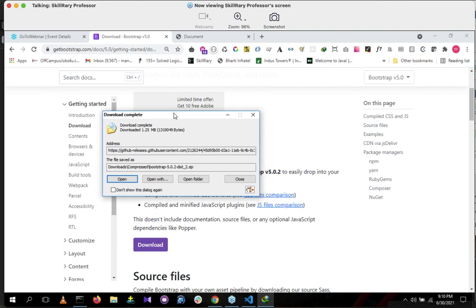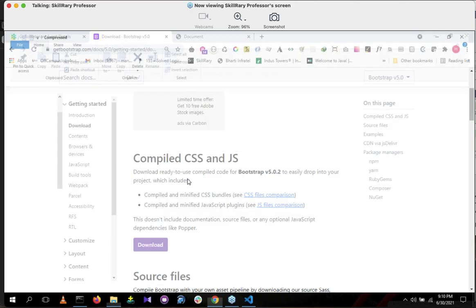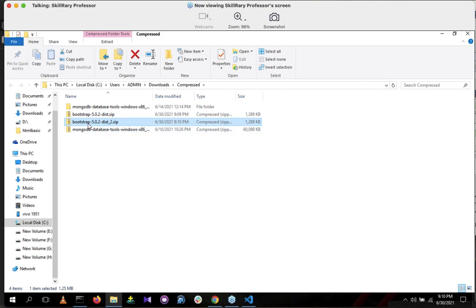Okay, it will be a compressed file. It will be 1 MB, so you can easily download and open it in a folder. I'm having the Bootstrap 5.0.2 zip file. Now we want to unzip it.